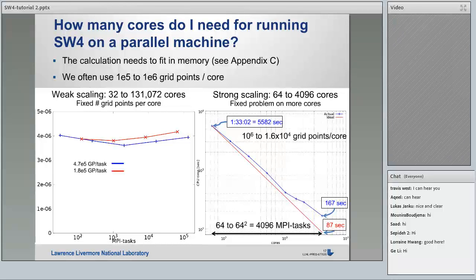So we often use between 100,000 and 1 million grid points per core. But it's rarely limited by memory. We tend to run out of patience before we run out of memory in our calculations. So you tend to run at the lower end of the spectrum. And it also depends on your machine. For instance,